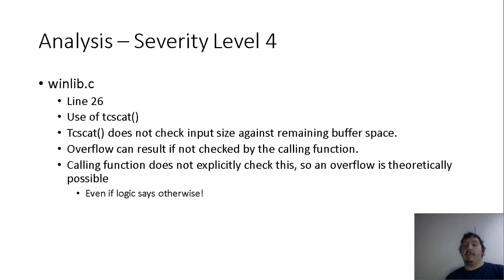And then in winlib.c, we have tcscat, which is a concatenation function. And this is one of the more iffy pieces of code because this function, tcscat, does not check your input size against the remaining buffer space. So overflow can occur if you're not checking in this function. And the function that calls this does not explicitly check the size of the remaining buffer. So in theory, a buffer overflow can occur